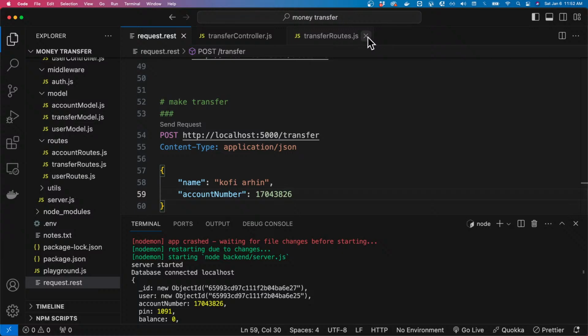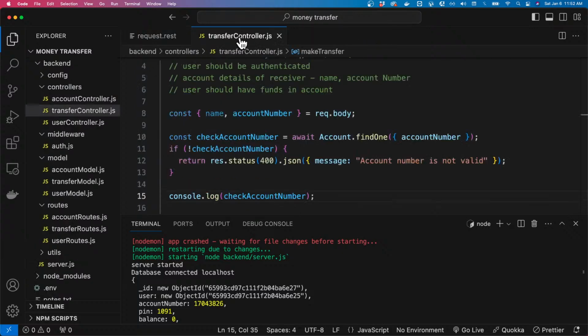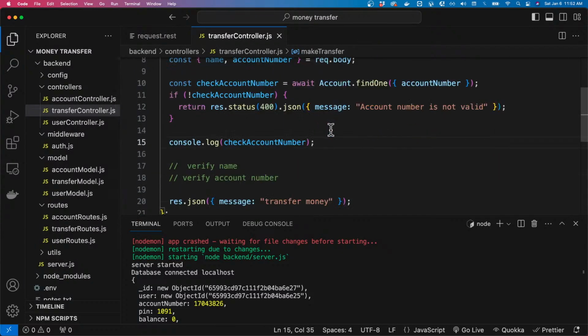We don't need the transfer routes. Okay. All right. So